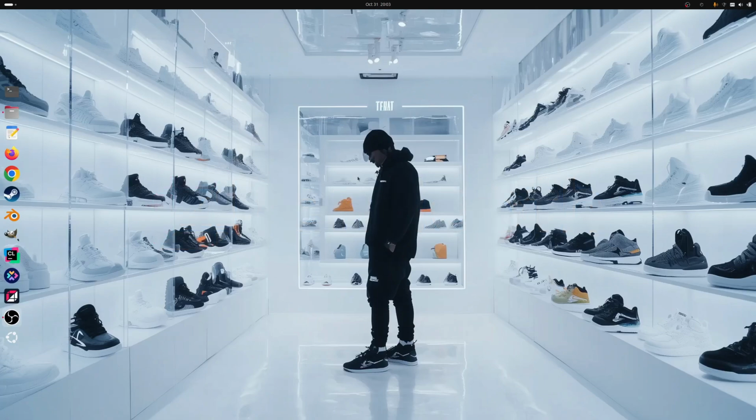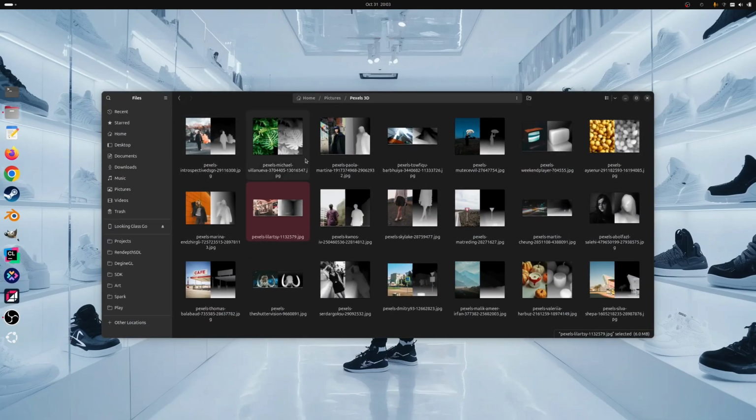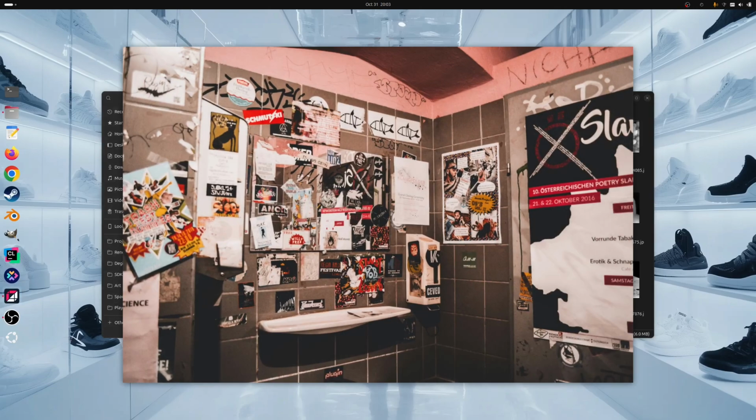Hey, so showing an update of Rendepth, my 2D to 3D image converter and viewer. Let me just open this image. These are some stock images I downloaded. It took a second to load because these are what I consider professional stock photos, so like 6K, 8K images, pretty high resolution